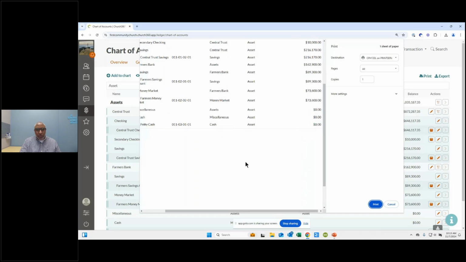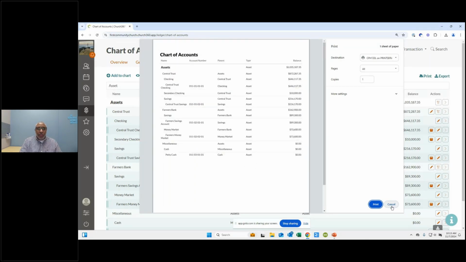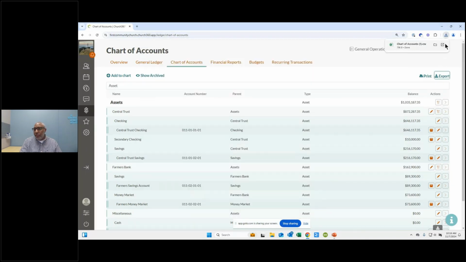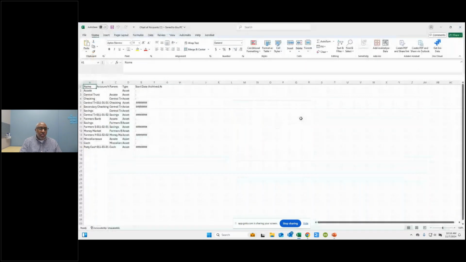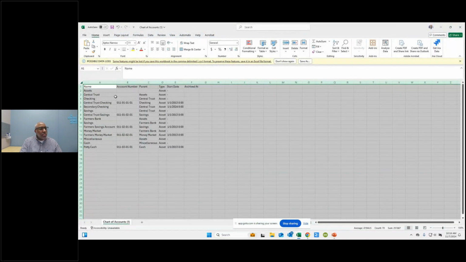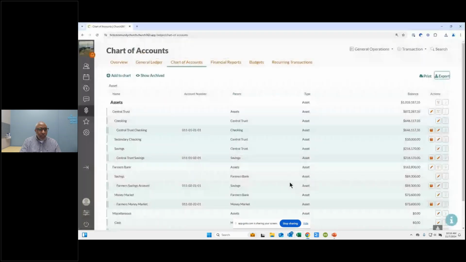And this is probably a little small there. But that's another way to get a report as well. So then there's the export option to be able to export it and just see your chart of accounts. Now this doesn't have the totals on it. It's just literally a chart of accounts report. But we're going to show quite a few other account style reports here as we continue to move forward. Okay, so that's the chart of accounts view.